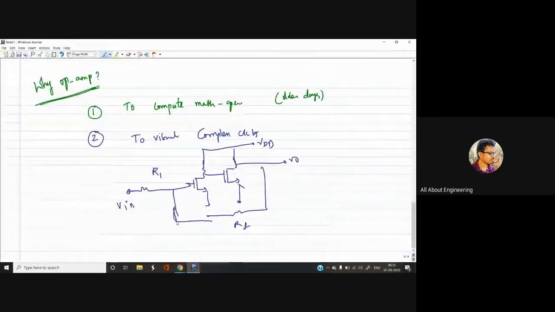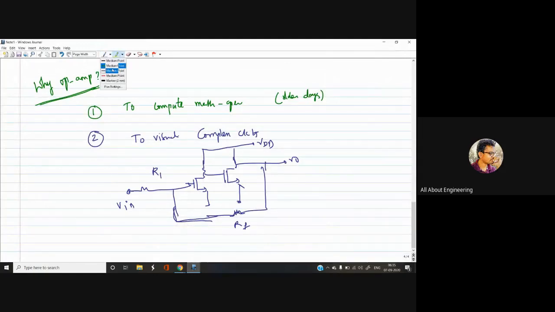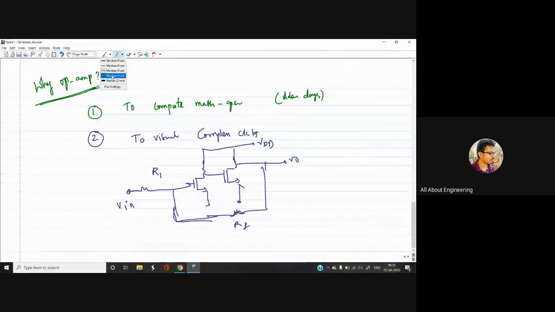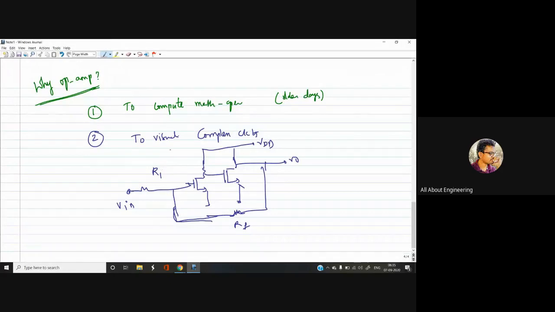Now if there is a huge bulky circuit like this, then this is not that huge, to be frank, but in real life there will be several MOSFETs in a simple circuit. But as a beginner, we can treat this as a huge circuit. Now you can replace this entire thing with an op amp. You can treat this thing as an op amp,